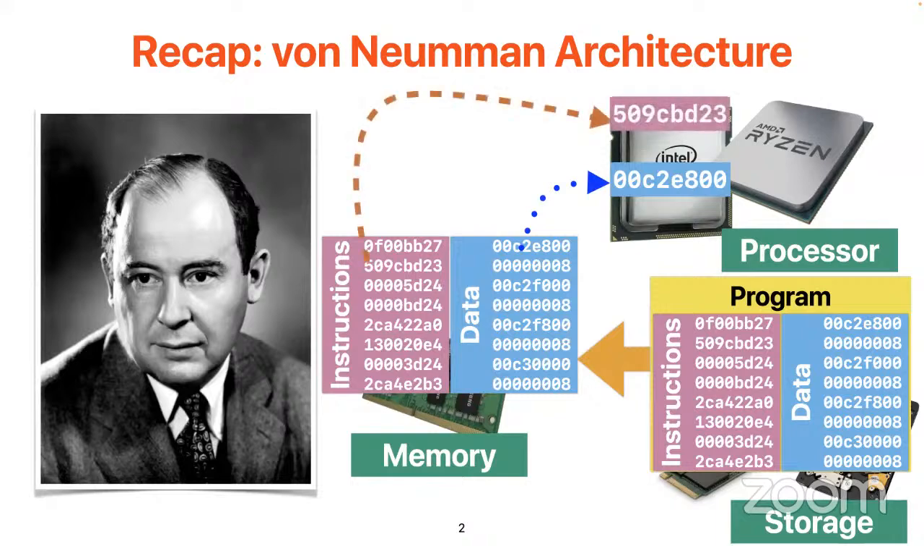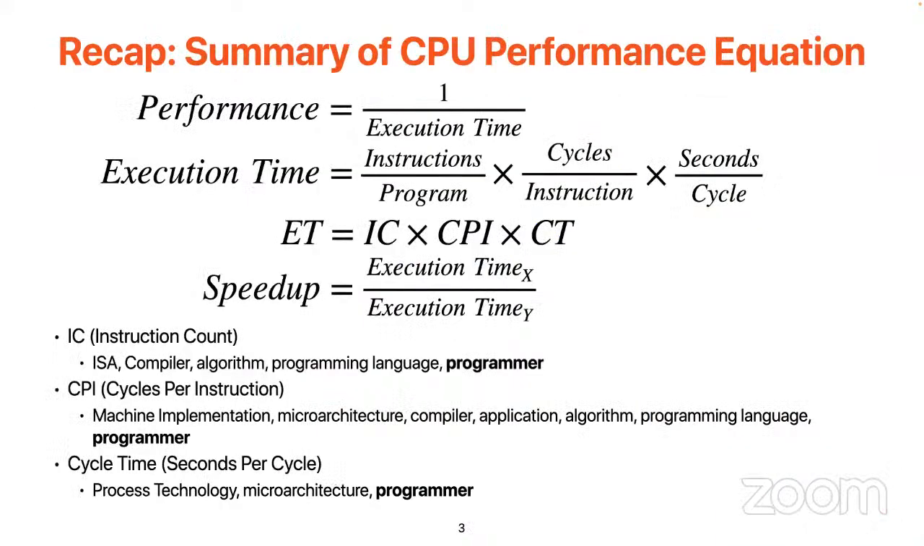And the beauty of von Neumann architecture is that with these three components, by loading different programs, it's going to perform differently. And then we talked about the classic way of measuring performance, which is looking at how much time the processor needs to execute the program, because if you look at the design of von Neumann architecture, it seems that